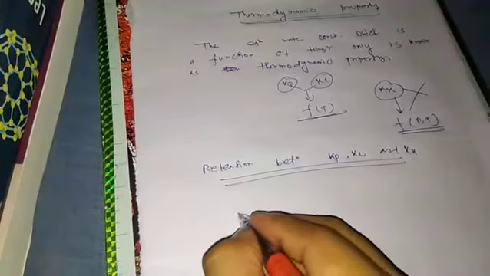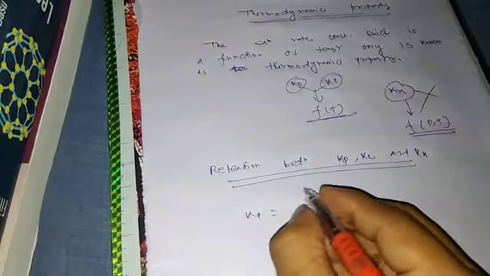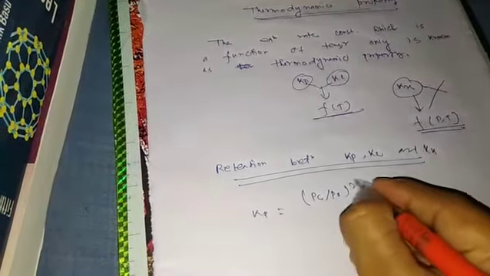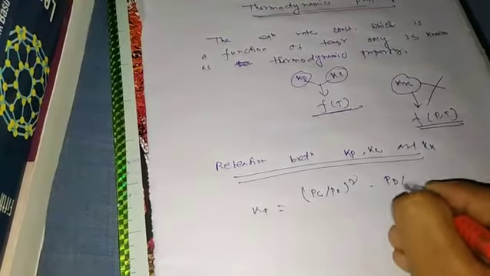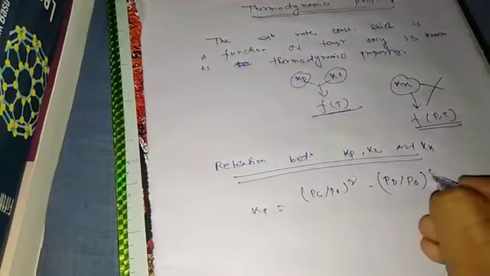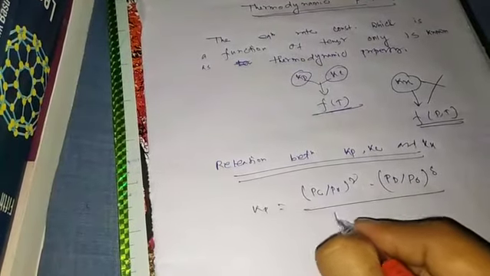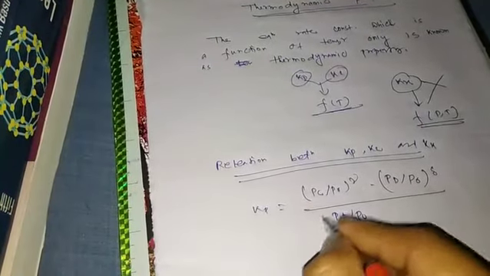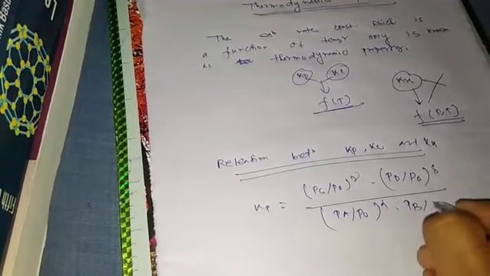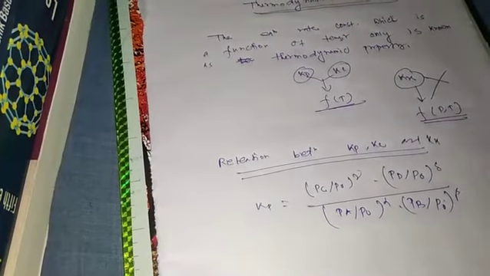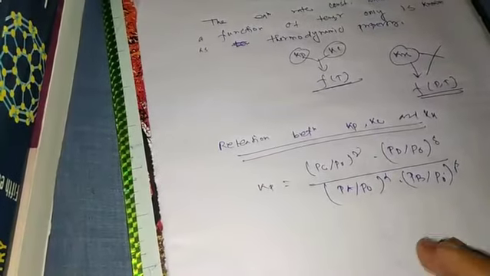Okay, so we know that Kp is equal to (Pc by P0) whole to the power gamma dot (Pd by P0) whole to the power delta divided by (Pa by P0) whole to the power alpha dot (Pb by P0) whole to the power beta. So